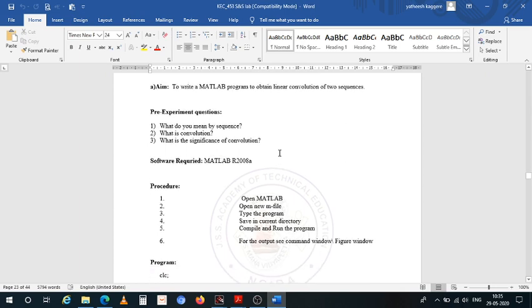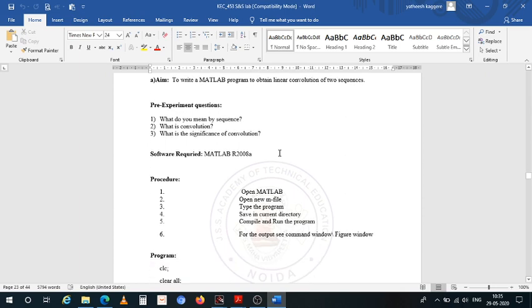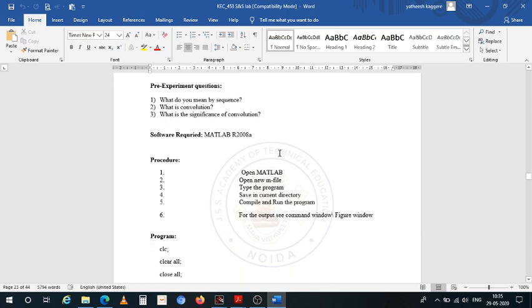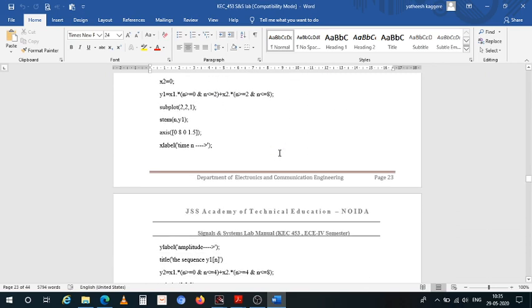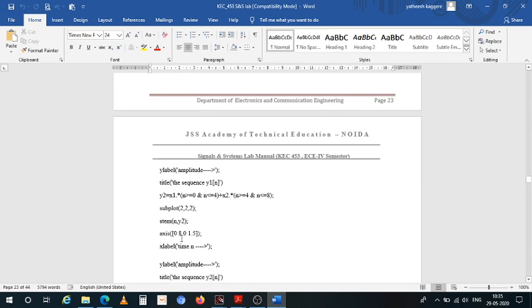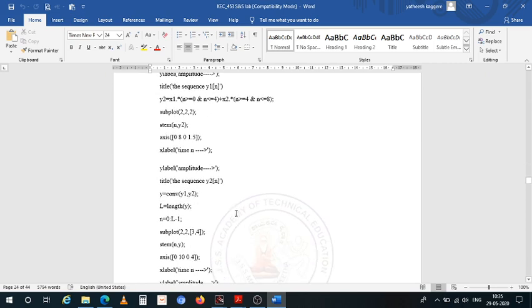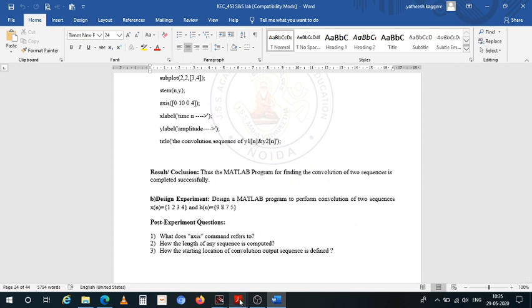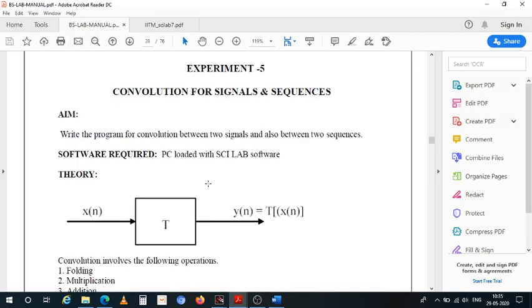So convolution basically involves two sequences. This is a manual that I opened for you. You can see this is a MATLAB program. Here a Y1 sequence is there and Y2 sequence. They are given as operator parameters to CONV in MATLAB. So we don't have CONV here in Scilab. We have CONVOL, convolve.